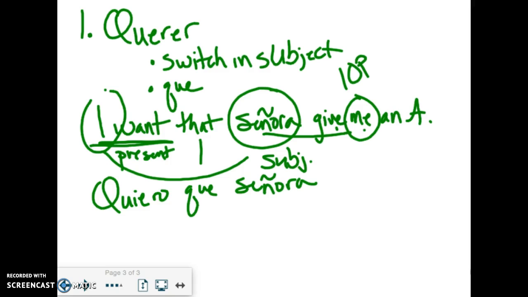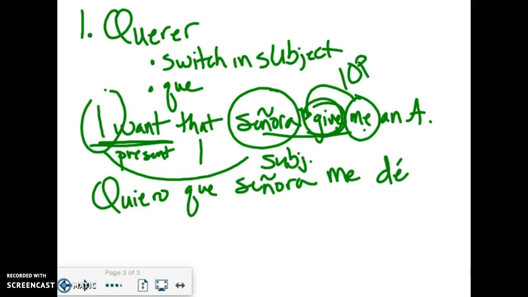And when you have an indirect object pronoun, it always goes in front of what? The verb. So it's going to be me, because who do I want her to give it to? Me. So senora me, but the verb give is in what? Is it in the me form or is it in the senora form? Senora. Yeah, because I want senora to give it to me. Right then. What does dar become in the he, she, it? And ironically, it's the same in the yo form.